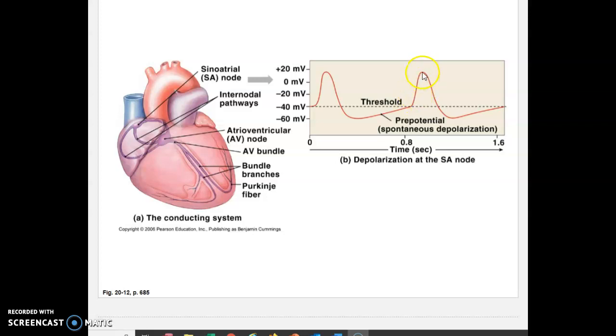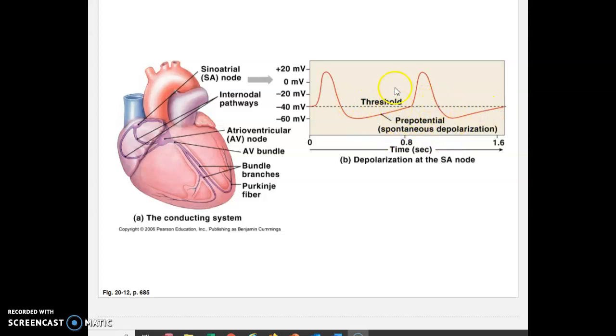And we're going to call this our depolarization here because calcium is rushing in, and we're going to pass zero. So then we're going to go into a positive voltage that we can measure. And when we cross zero, that actually triggers the potassium channels to open and the calcium channels start shutting. So when the potassium channels open, potassium actually starts leaving the cell and creates this portion of the graph, which is our repolarization, until we fall back down to resting membrane potential, and then we repeat this pre-potential or spontaneous